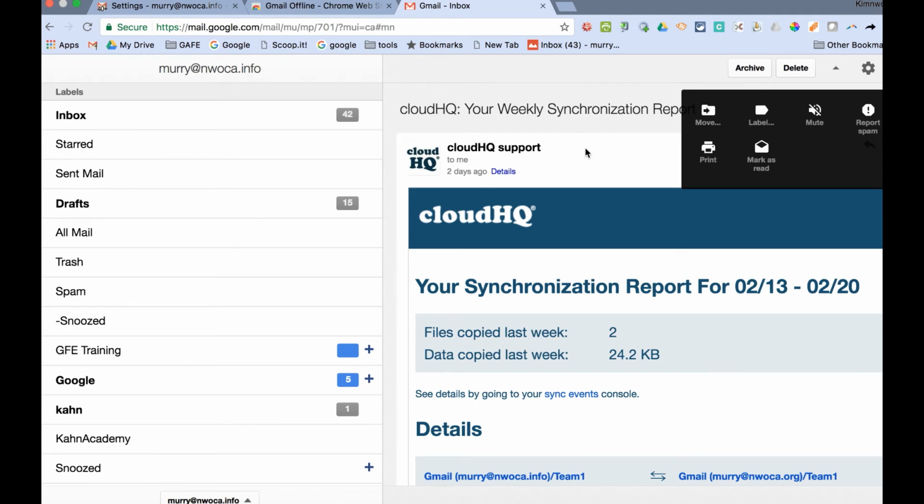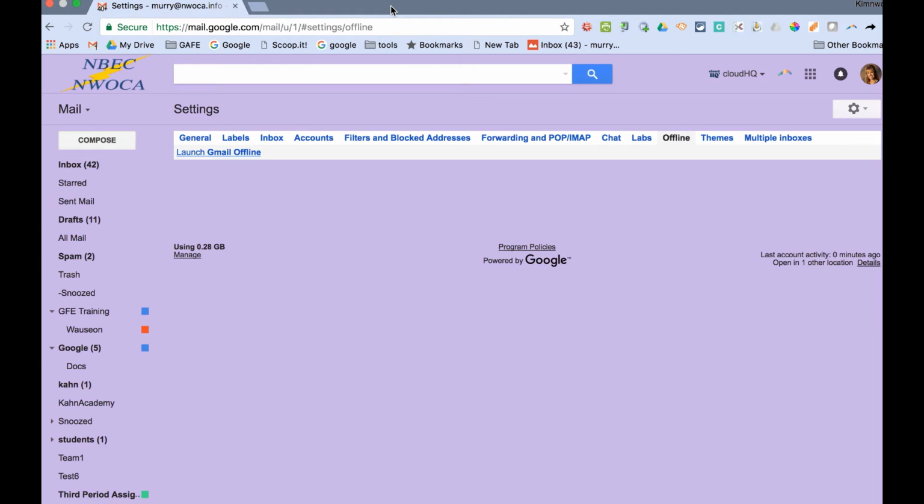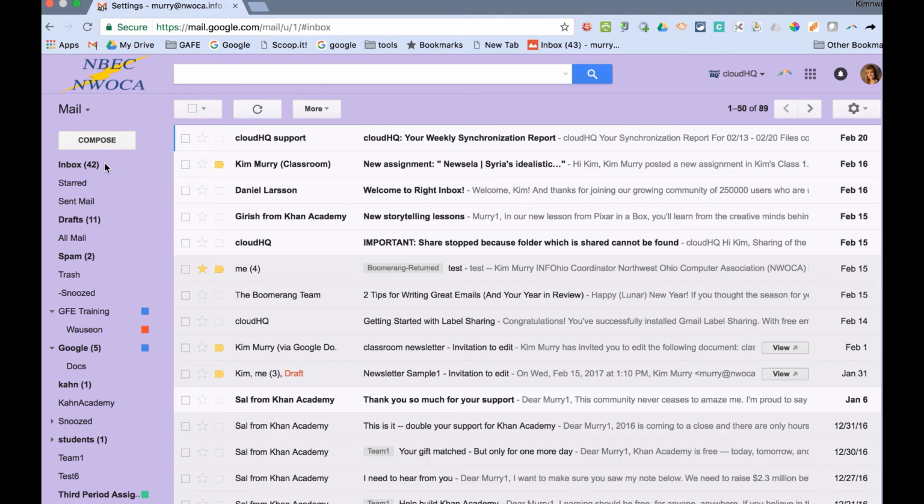And then when I connect to the internet again, this will sync and my messages will be sent, and the actions I took in offline mode will be updated accordingly. So that is Gmail Offline, a great tool to use, like if you're in an airplane or traveling without access to the internet. The next item I'm going to talk about is an extension, and it's called Multi-Email Forward for